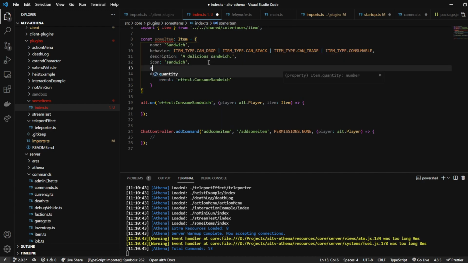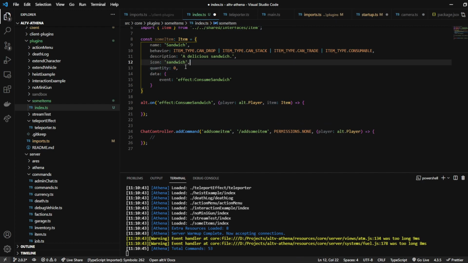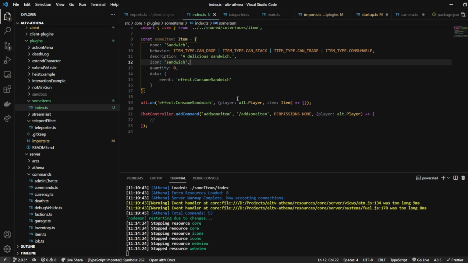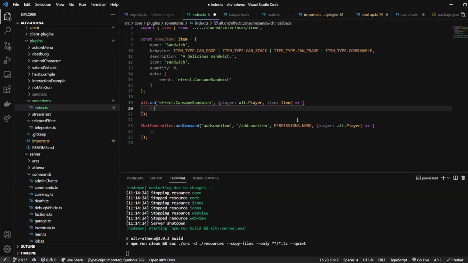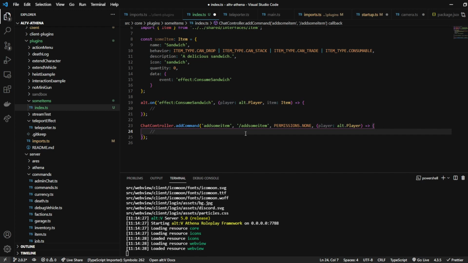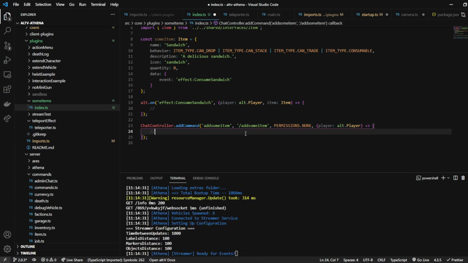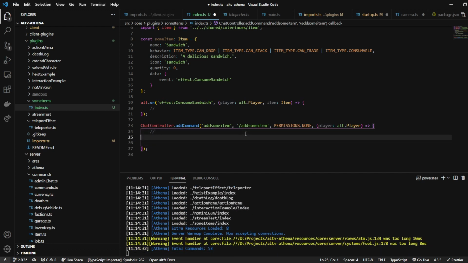Yes, quantity. There we go. So we're just going to set quantity to 0 for now. And then let's go about adding this item to the player. Okay. So when you add an item to a player, the one thing that you want to do, it's called